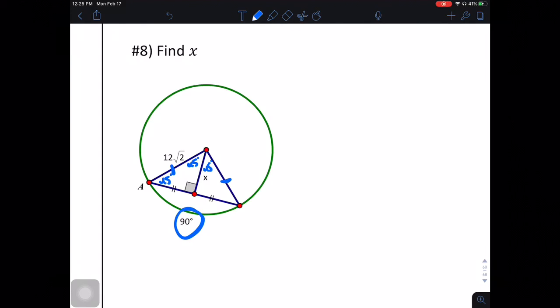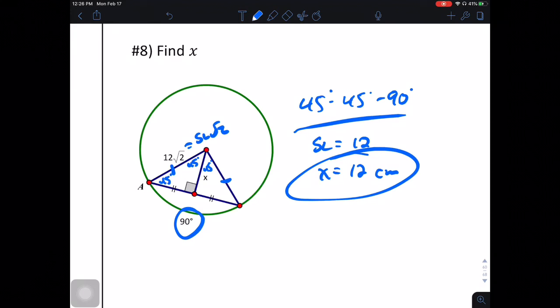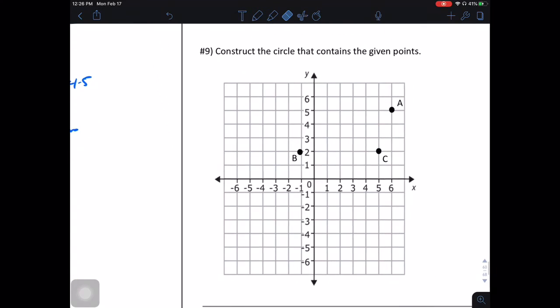Now, if you know your 45, 45, 90s, and boy, do I hope you do, because it's super important, especially when you get into pre-calc. This is the short leg times the square root of 2, which is going to make the short leg 12, and x is that short leg. So x is, oh, not centimeters, there's no units, x is 12. Number 9,